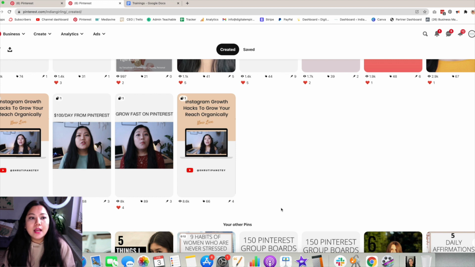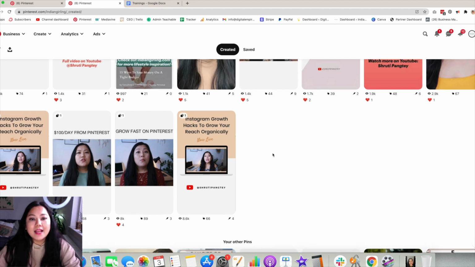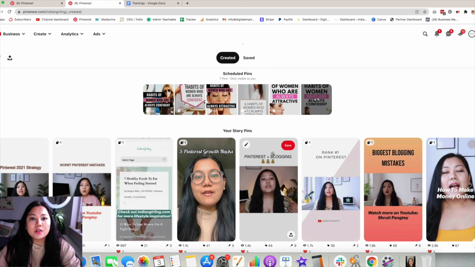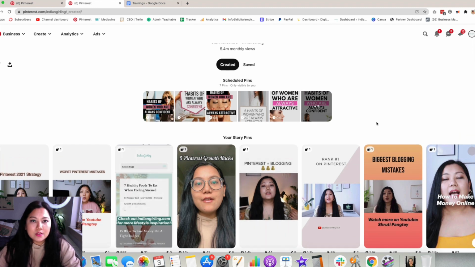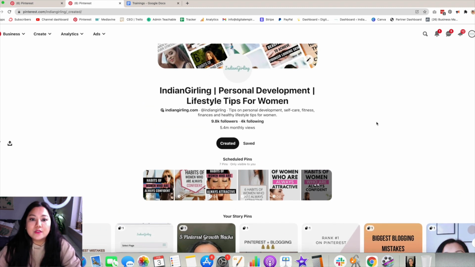So hopefully, I hope that everyone is going to have access to this feature by the end of this year. If not, there is a special form that I will link down in the description box below where you can ask to be invited to this. And I highly recommend that if you do have access to this feature, to play around with it and see how it works for you and what kind of engagement and link clicks you get based on this as well.